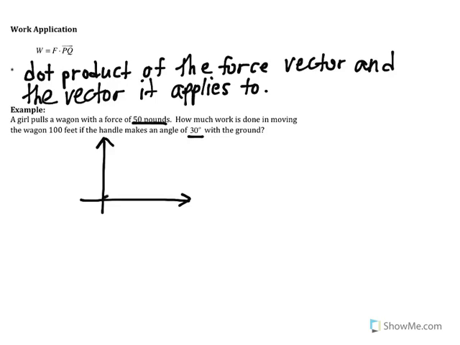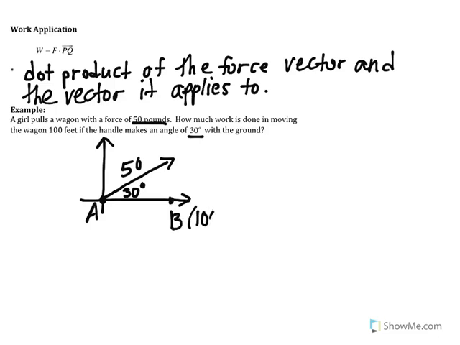I'm going to try to make this look like 30 degrees. So that's the vector of the girl pulling the wagon. That's the force she's applying to it, which is 50. And then we have 30 degrees here. And the wagon's starting at point A. We want to move it across the floor to point B, which is somewhere, I'm just going to put it here,